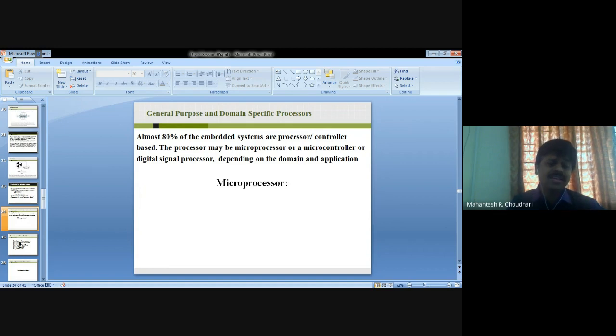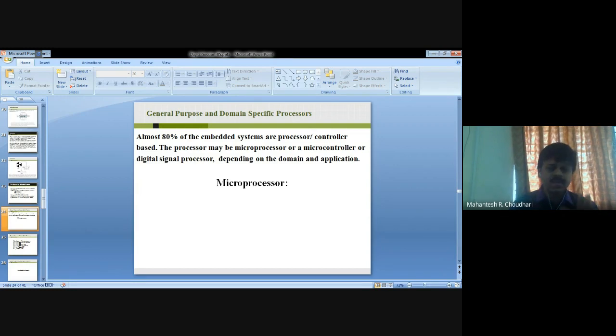A microprocessor is a silicon chip representing a central processing unit, which is capable of performing arithmetic as well as logical operations according to a predefined set of instructions, which is specific to the manufacturer.